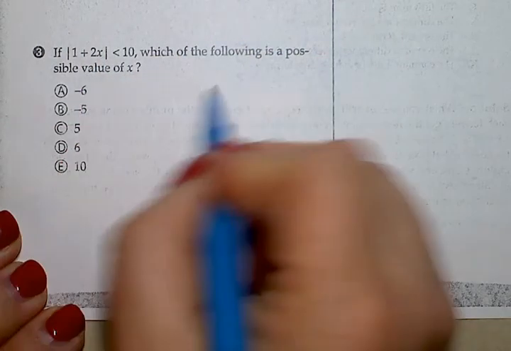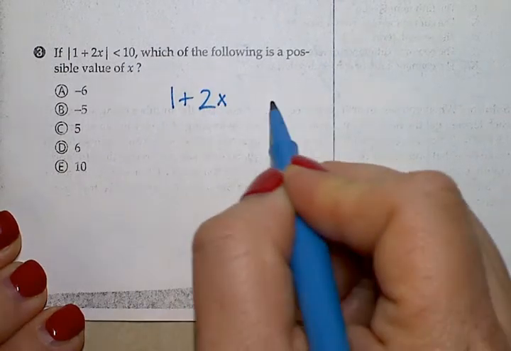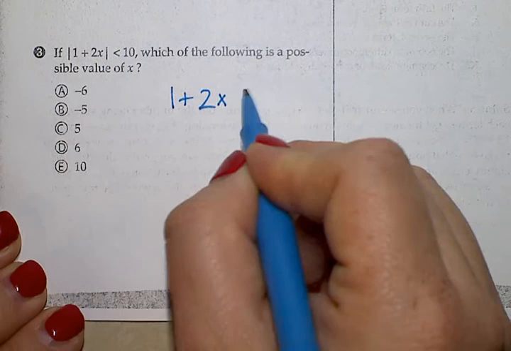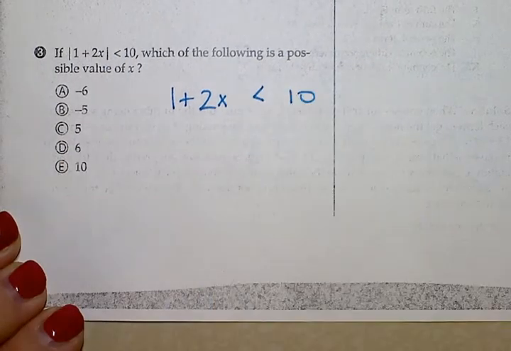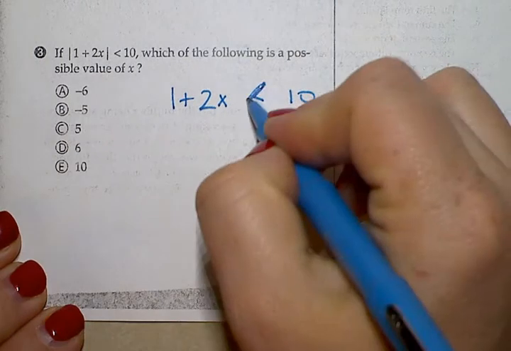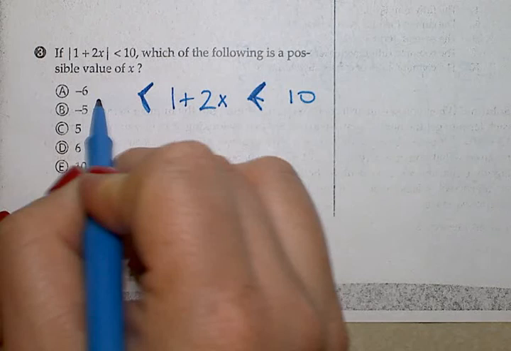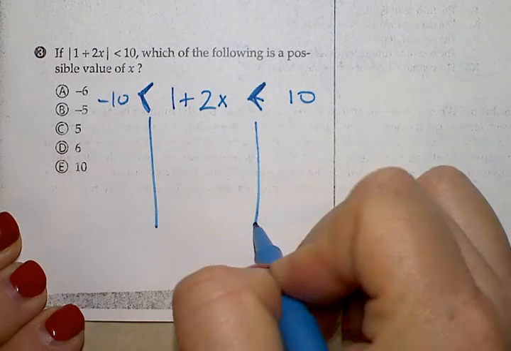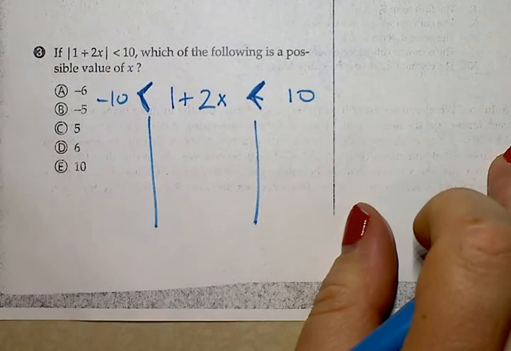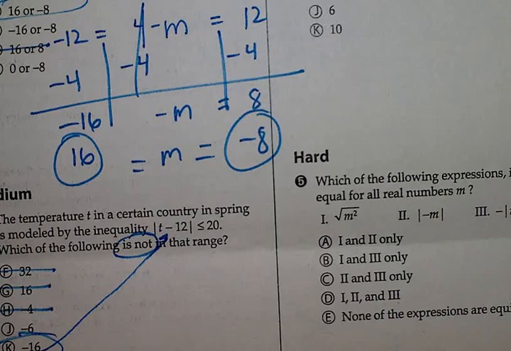So let's start by plugging this in. So here's what I have. Now here's the key. You ready? That's what I have. Take this symbol and take the number you're given. And now I'm going to rewrite this symbol going the same direction on the opposite side. And I'm going to take this value and write the negative of it. Now make 3 columns. This is just like number 1, but instead of having an equation, we have an inequality